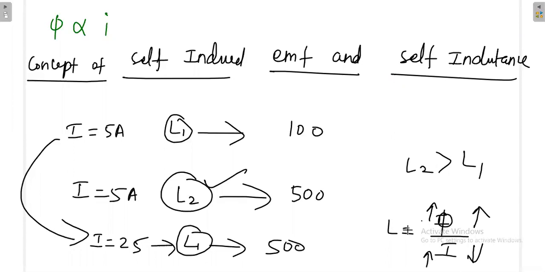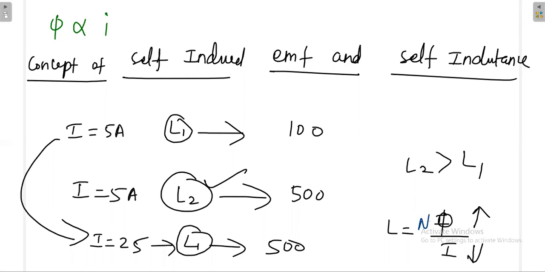What is the inductor value? Total flux divided by current. What is the current you are giving? What is the total flux the inductor is producing? So that is the formula. Very clearly this is n phi divided by I. You are giving I current, then how much total flux is it producing? That is n phi. So finally, L is equal to n phi divided by I.